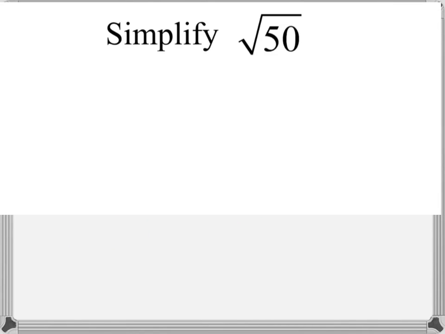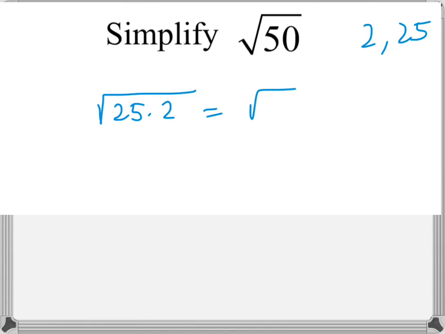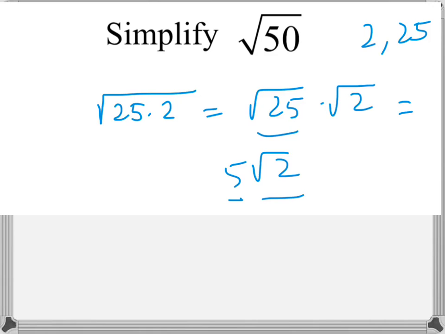Let's go back to simplifying here. So if I simplify the square root of 50, I again want to think of the factors. If there's any factor that's a perfect square, and there is, 25 is a perfect square, I want to write that first and write the other factor next. Then I can break it up into these two radicals. And then the square root of 25 becomes 5, times the square root of 2. So I really have 5 of these square roots of 2. It's important to think of that for the next step, which is going to be adding like